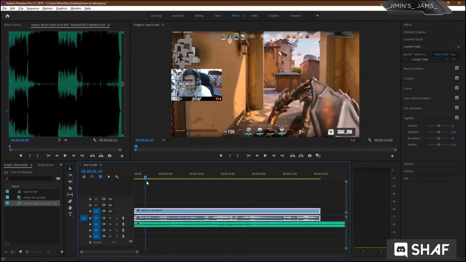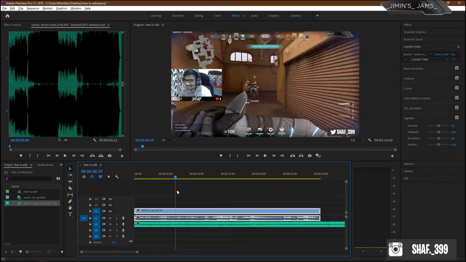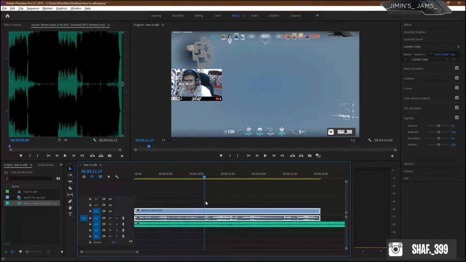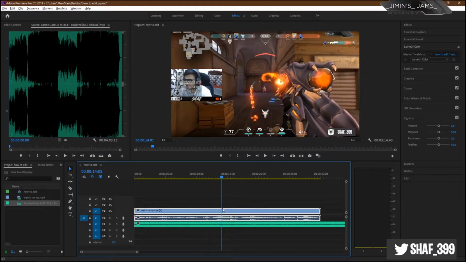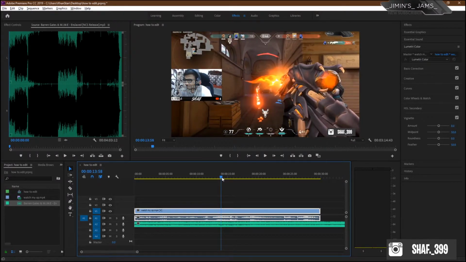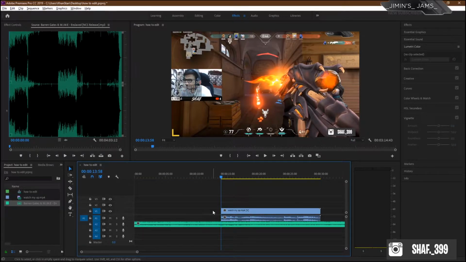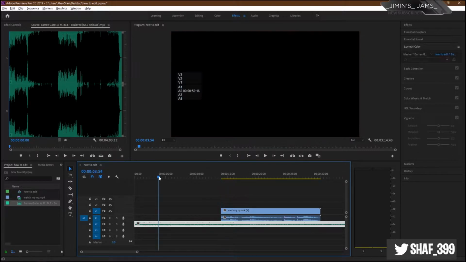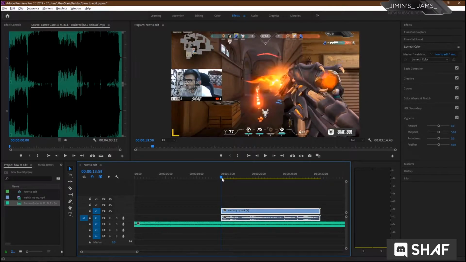Just drag the cursor to where you get the kill, around here. I get the kill around here, so right here. You see this bull icon. Just mark the bar where the bull icon comes and press C and cut the video exactly right here, and you can delete this part off. Don't get confused, just wait and watch this video. After cutting this part, this is where you get the kill.